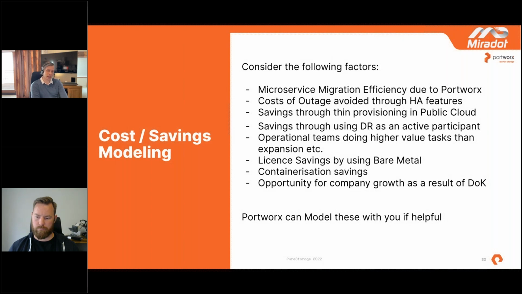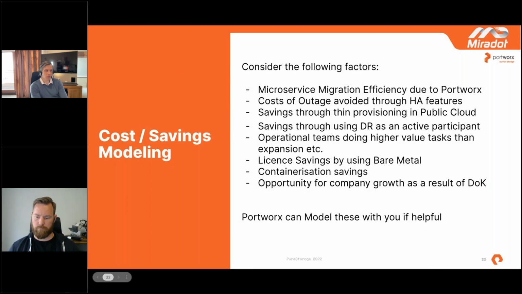We've talked about license saving from bare metal. We've talked about the optimization in node level performance through that as well. We've got containerization generally saving you money on that IBM statistics. And then finally, and importantly, those who do data on Kubernetes, which we talked about right at the top, they see 10% plus in growth in the organization, improvements in revenue, I should say, through doing data on Kubernetes. That's what they put it down to. So that could be a very big number as well.